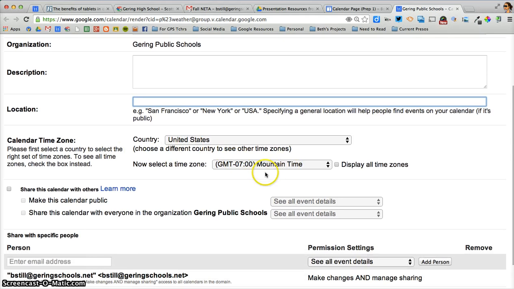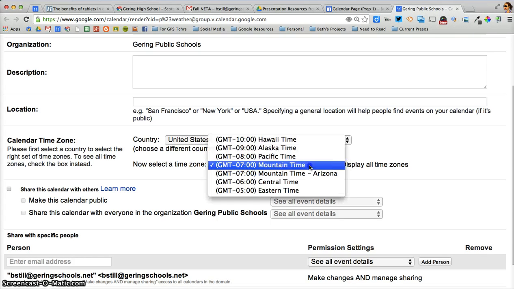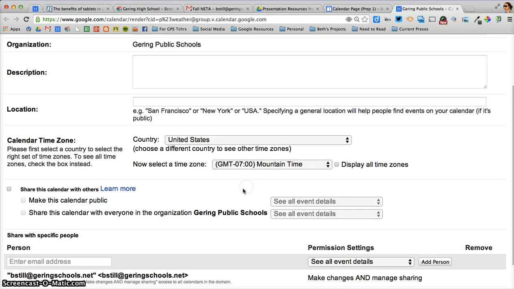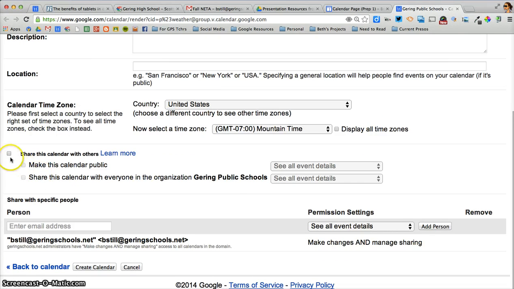Time zone, if this is not selected, make sure you get the correct time zone in there. That might make a difference on some things. And also, if this is going to be one that you're going to embed on your page, you need to make sure that the calendar is public. So I'm going to click Share with Others, and I'm going to make the calendar public. And I'm probably, oh, there's no way to undo that one. Share this calendar with everyone. Okay, so it doesn't matter if that's checked, but definitely make sure that the calendar is public. Otherwise, nobody's going to be able to see your events, which is not good. Okay, then I'm going to click Create Calendar,